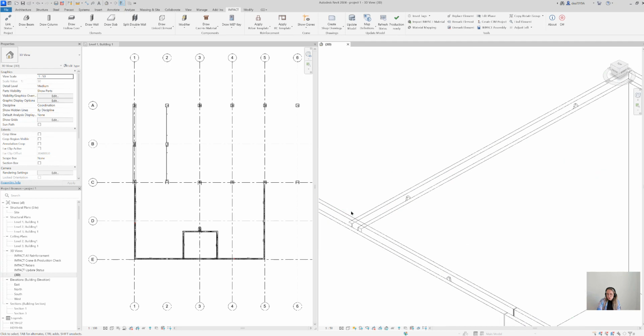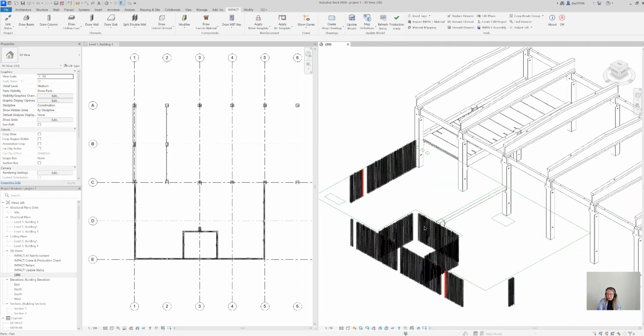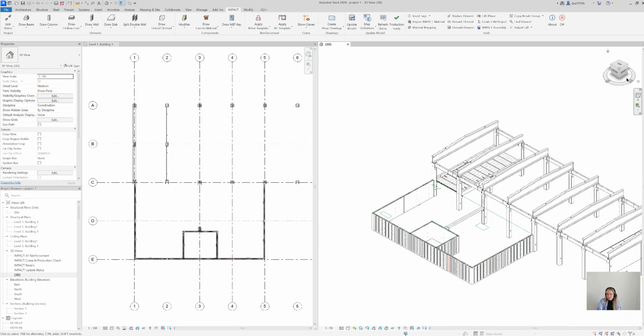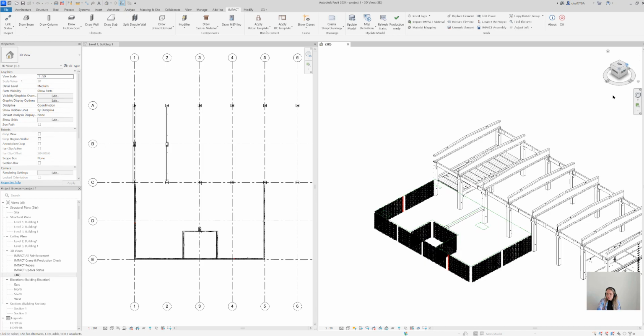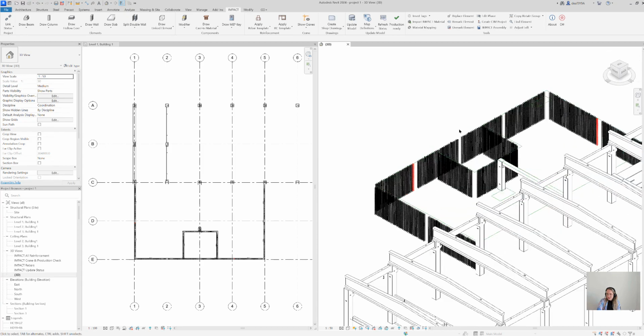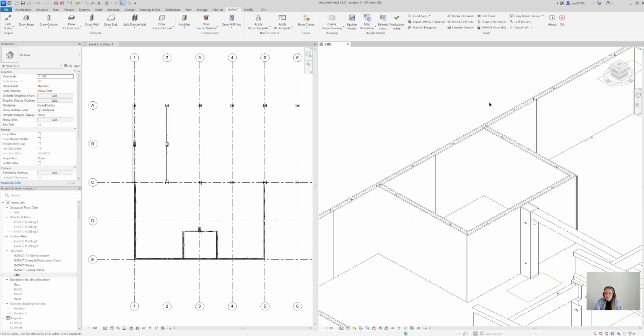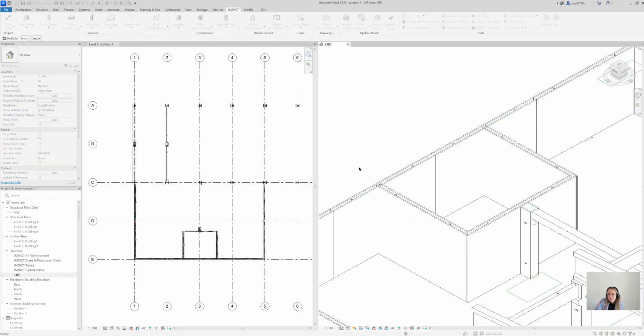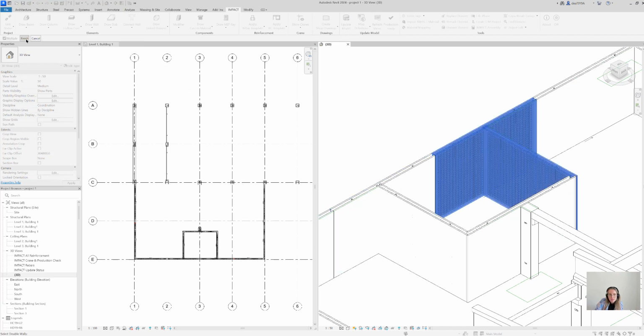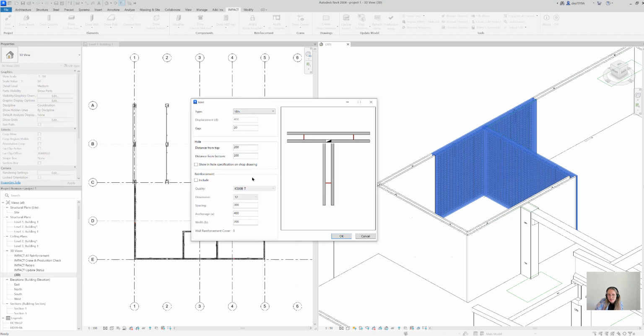Now we need to solve this T connection, and in order to do it, I'm gonna use the 3D view. In order to solve the connection, I'm going to go to the connect wall command, activate it, and as Impact says, select double walls, right? So I'm going to cross select those two walls in here. And here it is, the command that I talked about at the start, a special command that helps you